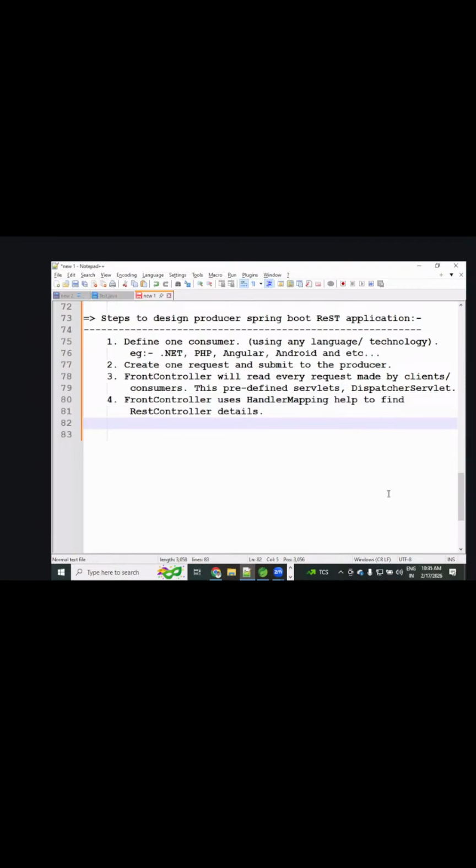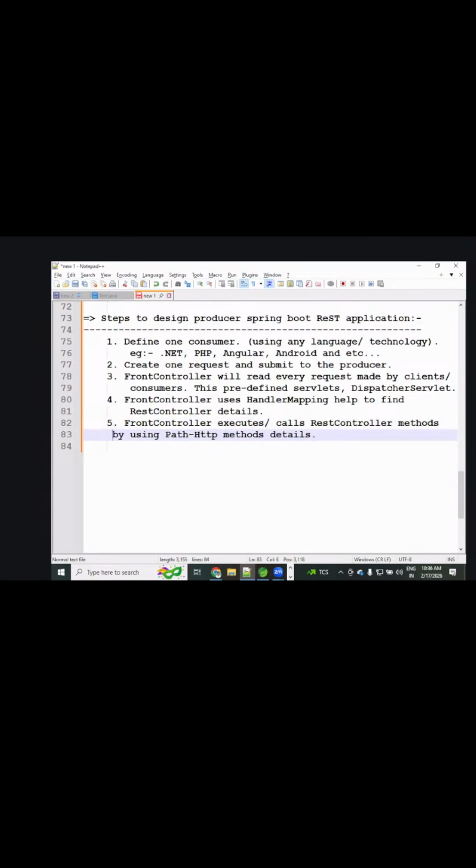Okay, this is step number 5. The front controller executes, or maybe it can be calls, the REST controller methods. There are methods. Okay, REST controller methods by using what?